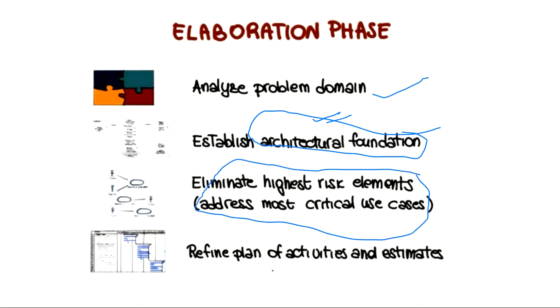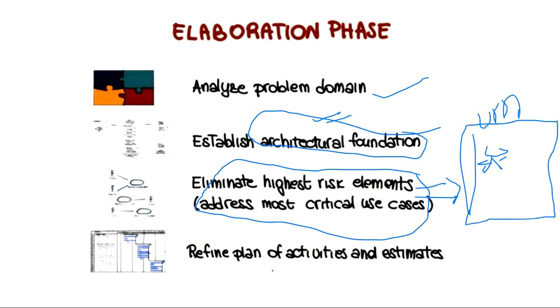What does this mean? In the inception phase, you were creating very small use cases. Now in the design phase, you will try to create the whole use case. You will create the whole UML model. And based on your past experiences, if you think that there can be some very high risk, suppose you have made a use case where the user is trying to interact with Domino's and Domino's is responding in 10 seconds through a hardware. You have drawn the use case for this, but you know that this is a very critical or a very high risk use case.